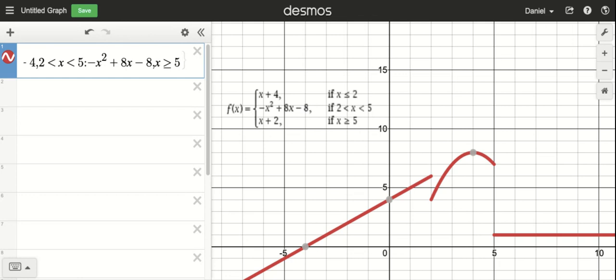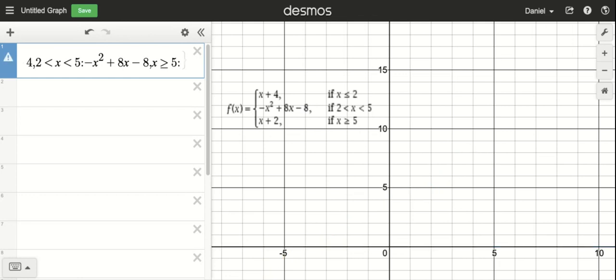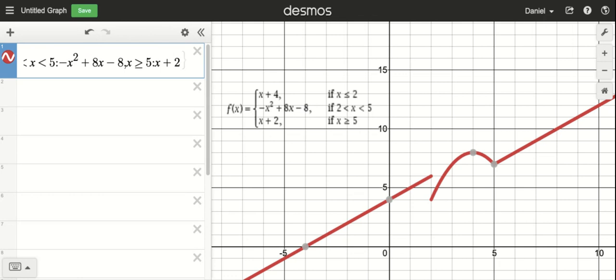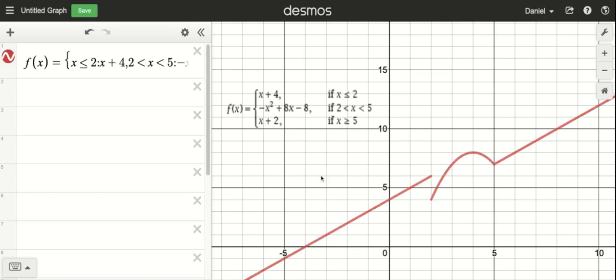Remember, after the x is greater than or equal to 5, I type in a colon and then put in my x plus 2. I can end my brace. My function is defined. And you can see its graph. The reason why this is more useful than graphing 3 separate functions with 3 separate domain restrictions is what I can do now is ask Desmos,